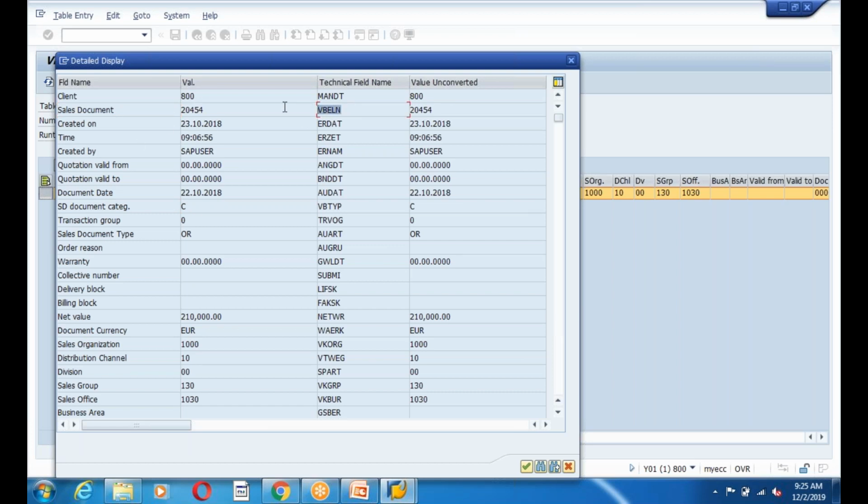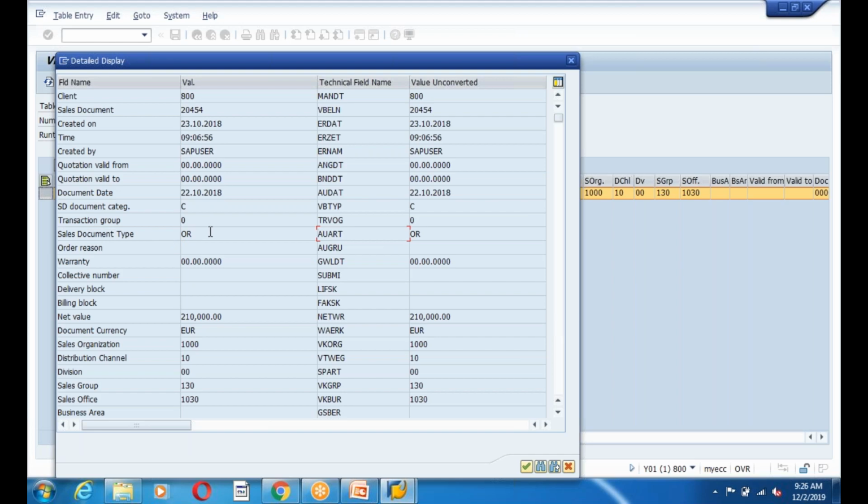The field is VBELN, guys, and created. When it is created, this is created on today's date, so maybe my system date is different, that's why it's showing the previous year. And time, at what time it is created, and who created this, the SAP user. We log in with the SAP user ID and we created it. And what is the sales document type?